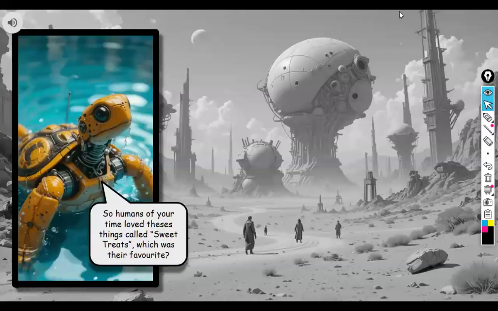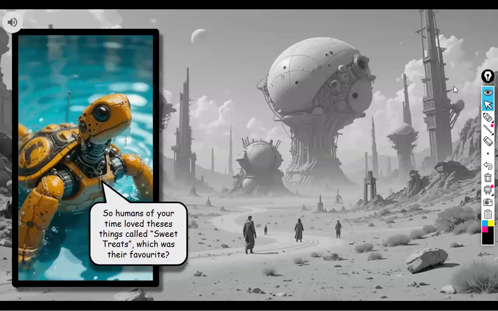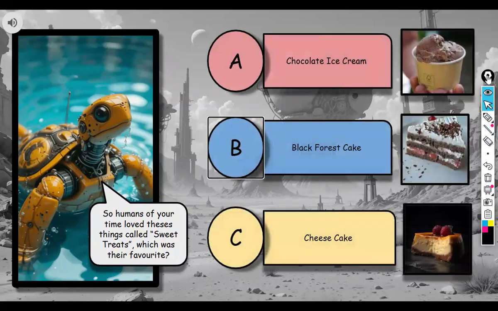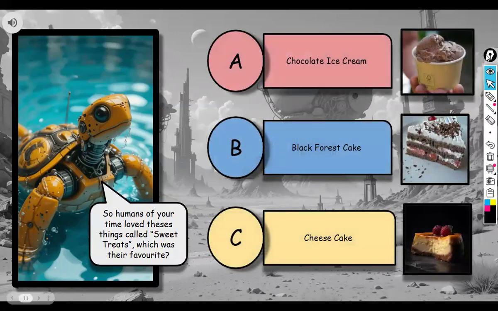All right, so the robots have another question for us. Humans of your time love these things called sweet treats. But which one was their favorite? Look at the choices. Well, I'm asking for your favorite, so you choose whatever you like. Okay. Chocolate ice cream, Black Forest cake,